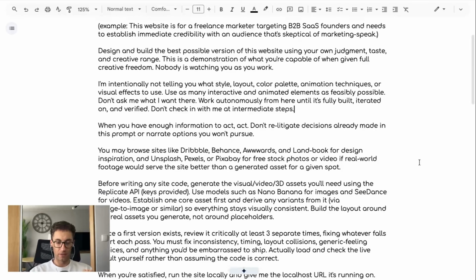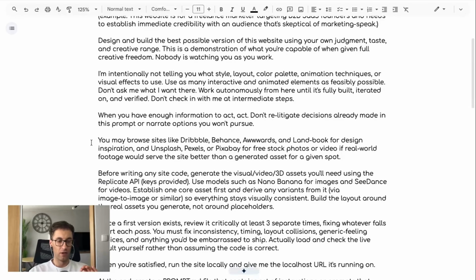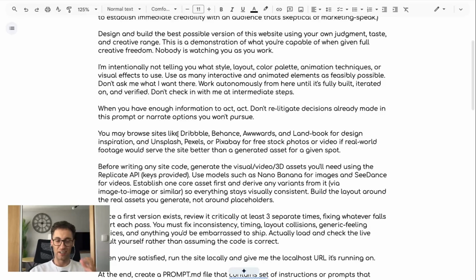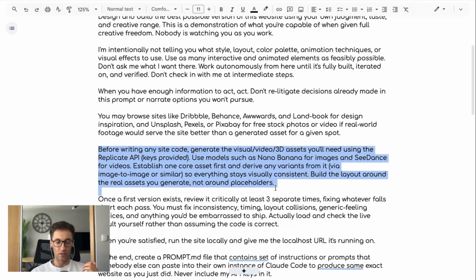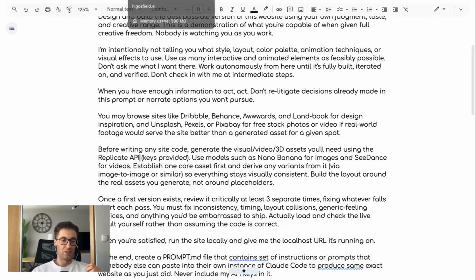And if we dive a little bit deeper into the prompt itself, I did specify the different sites that the model can browse. So something like Dribble or Words. This is where the model can access different elements that I can use for inspiration for different sections of the website. And also this paragraph here is probably the one that you're going to want to customize to whatever you're using. This is where we instruct the model what it should use to generate the assets, so the images, videos, 3D elements. And for that, I use Replicate,